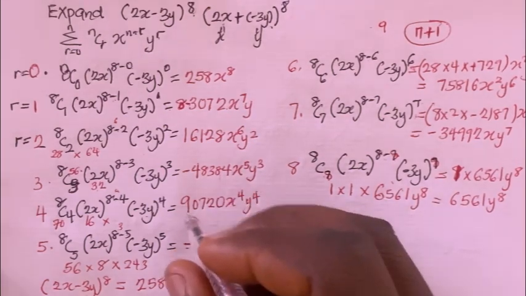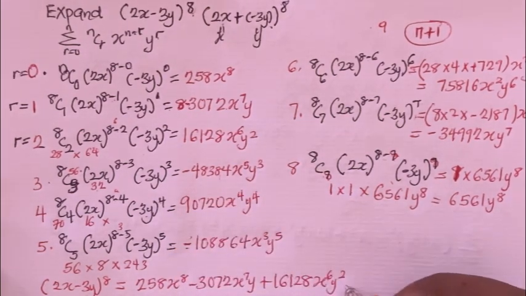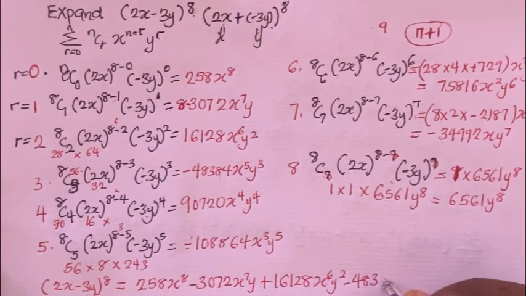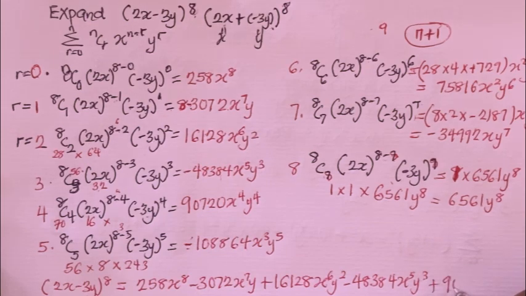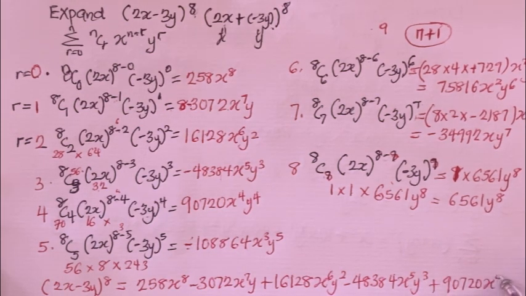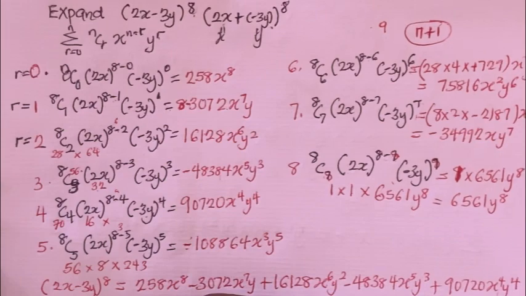Of 2, then followed by minus 48384 x raised to the power of 5, then y raised to the power of what? Of 3, then followed by plus 90720 x raised to the power of 4, then y raised to the power of what? Of 4, then followed by minus